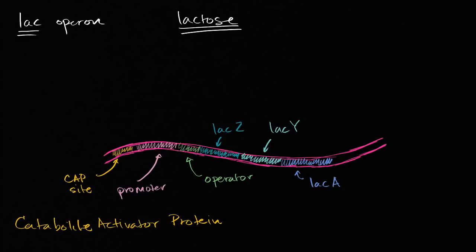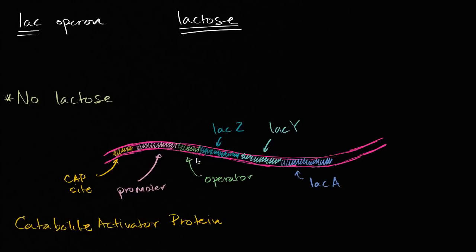So with that out of the way, let's think about different scenarios. Let's think about a scenario where the E. coli is in an environment where there is no lactose. So what do you think should happen over here? A lot of these things are very logical if you just assume that a lot of biological organisms are quite stingy. They don't want to just waste resources. Well, if there's no lactose, why transcribe the genes that can be translated into enzymes for the metabolism of lactose?